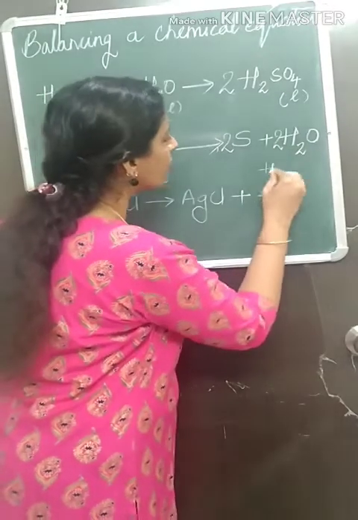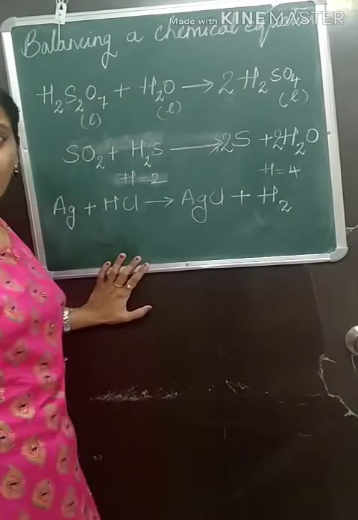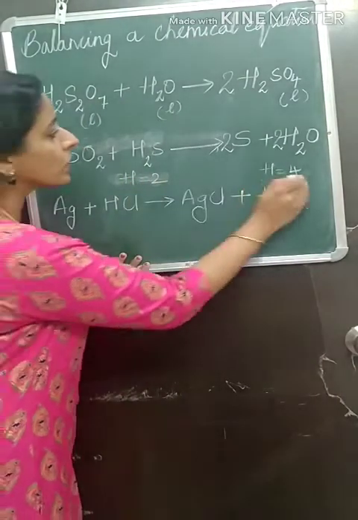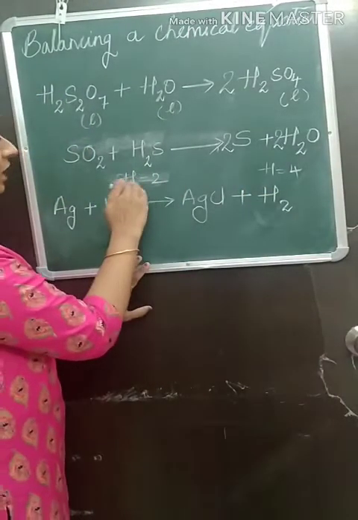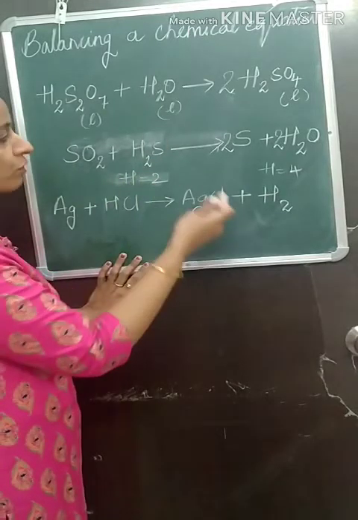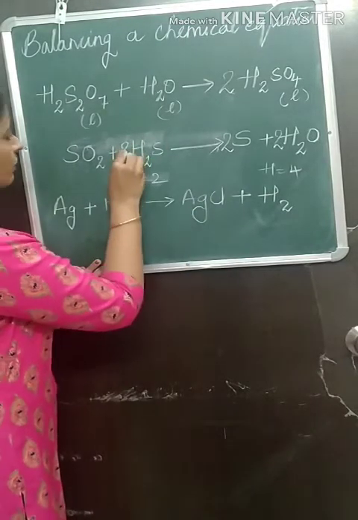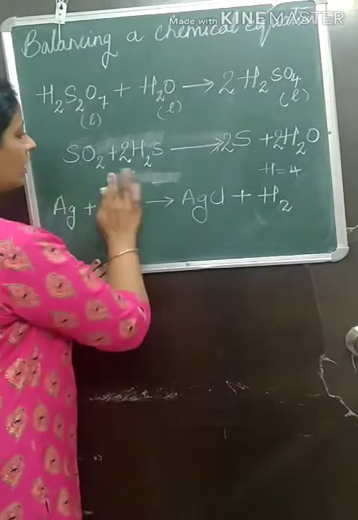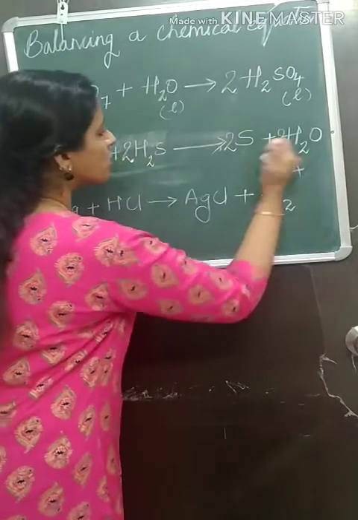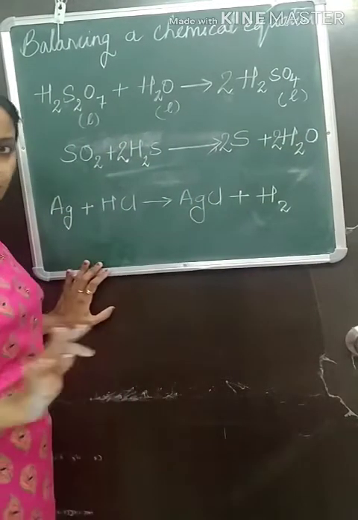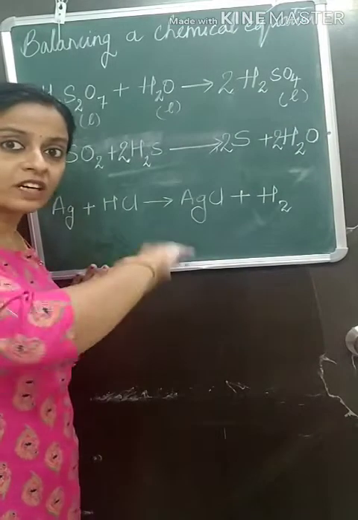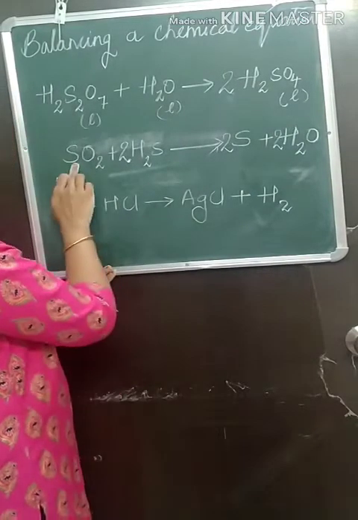2s are 4 atoms of hydrogen. Problem, no? So here you have 2, here you have 4. So we have to work here. So to convert 2 into 4, you will multiply by 2. So here you will put a 2. Now again everything has to be changed. Hydrogen became 4, but again you will start with the first, that is non-metal.